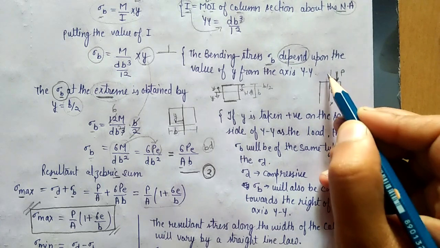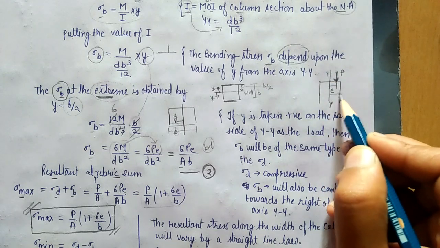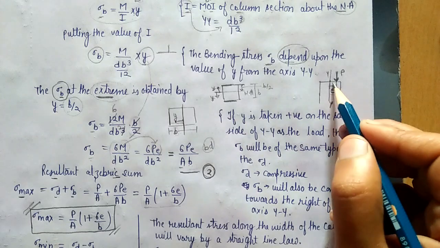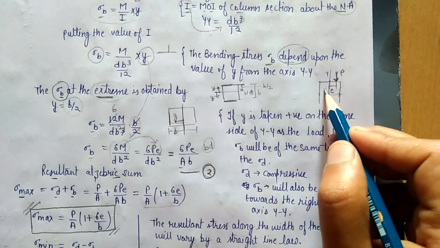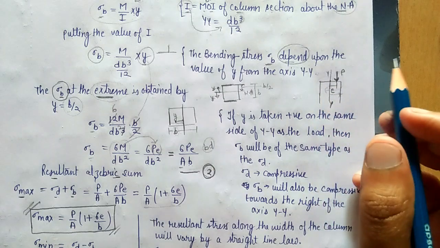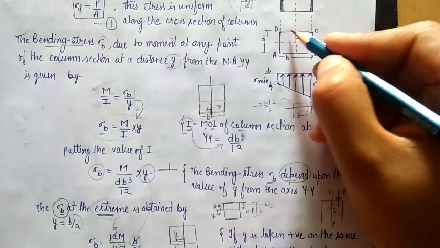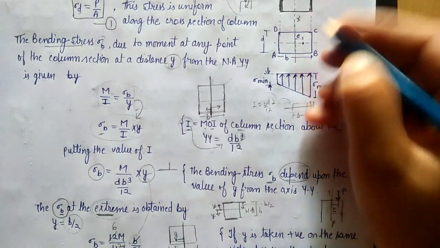If this is our y axis, then at this side of the y axis, this is a compression, right? And on this side of the y axis, there is a tension. Okay, so we are seeing this. If this is our y axis,